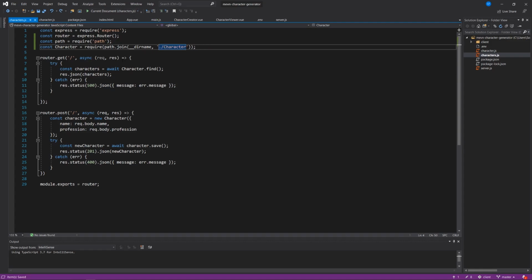But the path join allows you to join the directory name, the root directory, plus whatever path that you want. We might find some issues with this and we might have to revisit this, but for now that's how you do it if you have them located in separate directories. Okay, cool. So that's all we really need to do for the back end of our